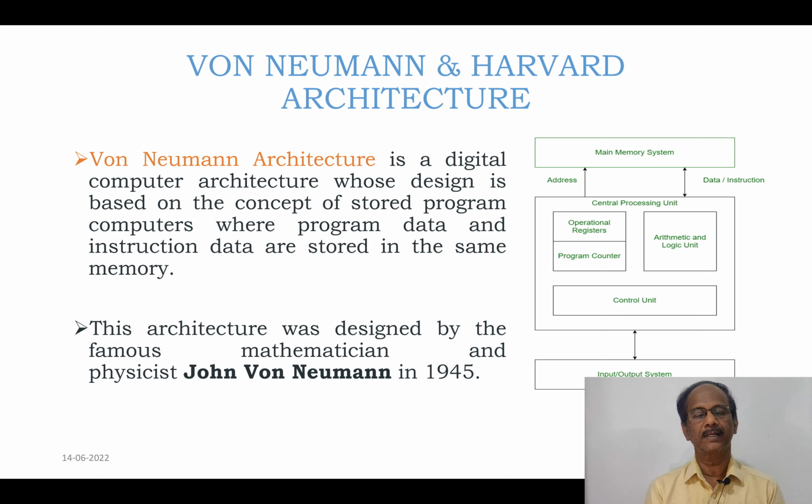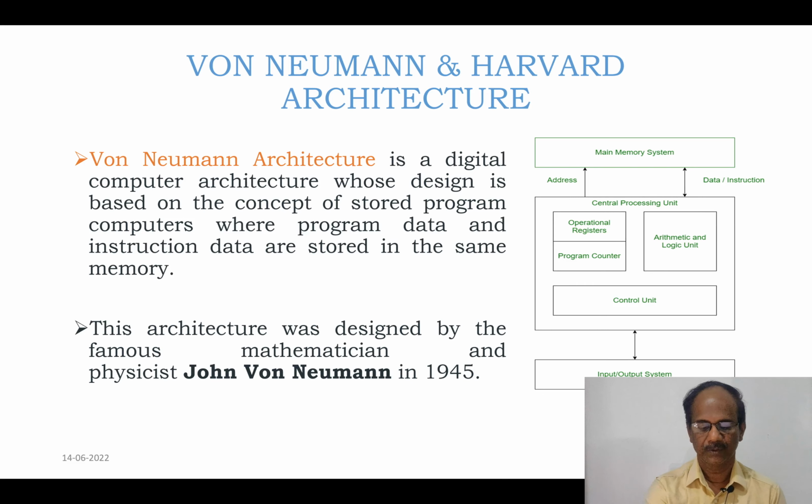Please do remember that von Neumann architecture is also referred to as Princeton architecture, because the mathematician von Neumann was associated with Princeton University, and this university came out with this type of architecture wherein we have the same memory space for program and data. You can see the diagram here: memory system, same memory. So address and data are accessed by the processor from the same memory. So it is not possible to have simultaneous access of instruction and data with the von Neumann or